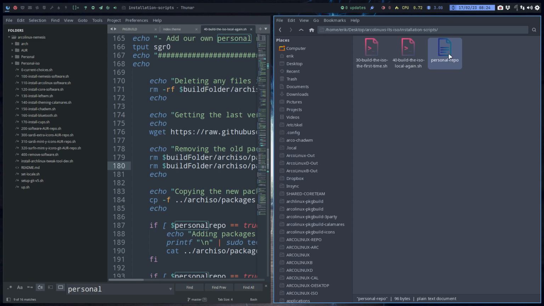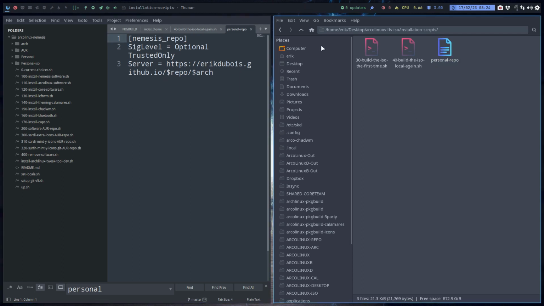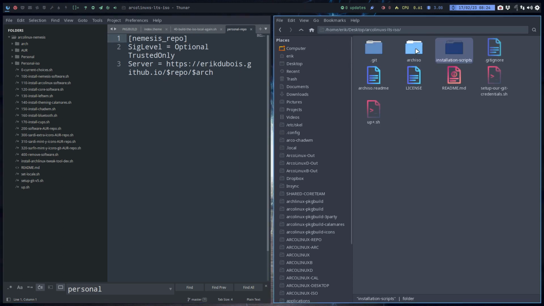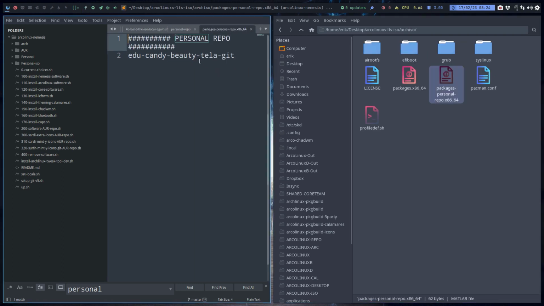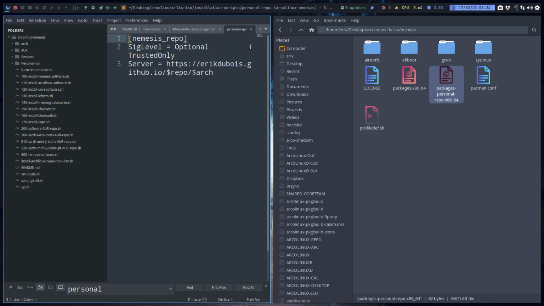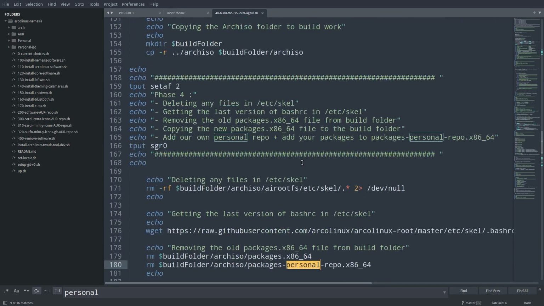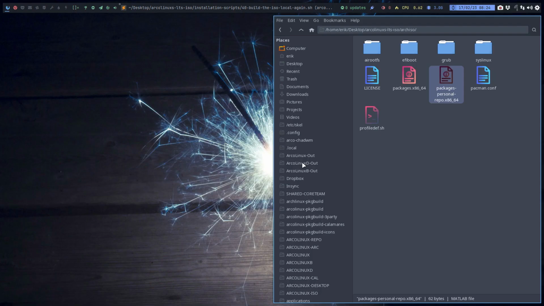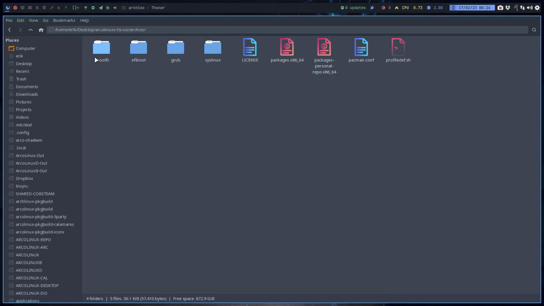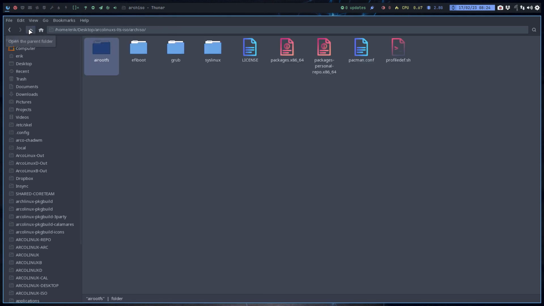Personal repo is a reference to a GitHub that's gonna be included in Pacman, so Pacman knows, hey, it's there. And in here we have also the packages personal repo. What do I get from that particular repo? That's another tutorial altogether, so don't let it mix you up or confuse you. So no, there's nothing to do here for that particular task as including the .config in the personal. It just gets copy pasted over. Okay,